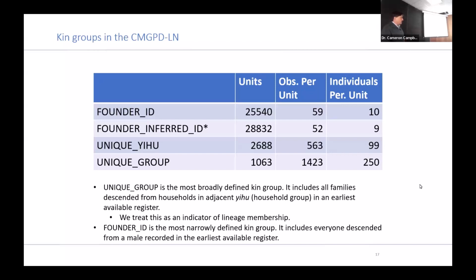Through that kind of generational linkage, for the Liaoning data, we were able to group the 250,000 or so people into about 1,000 patrilines defined by descent from a common ancestor who may have lived before the registers. We were able to infer that the people all had a common ancestor at some point in the past.